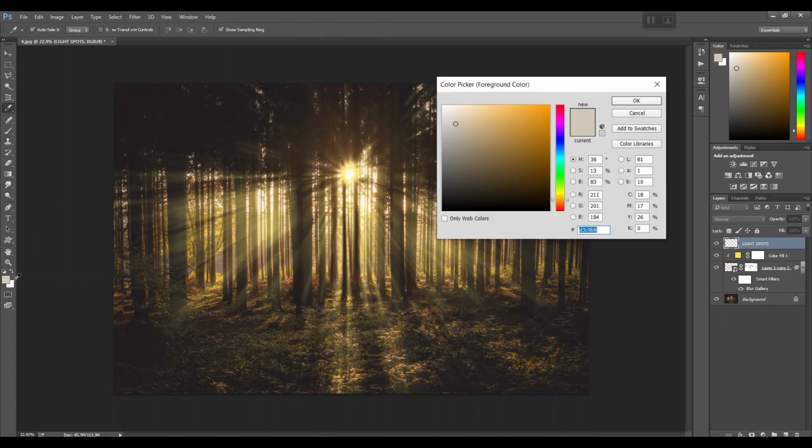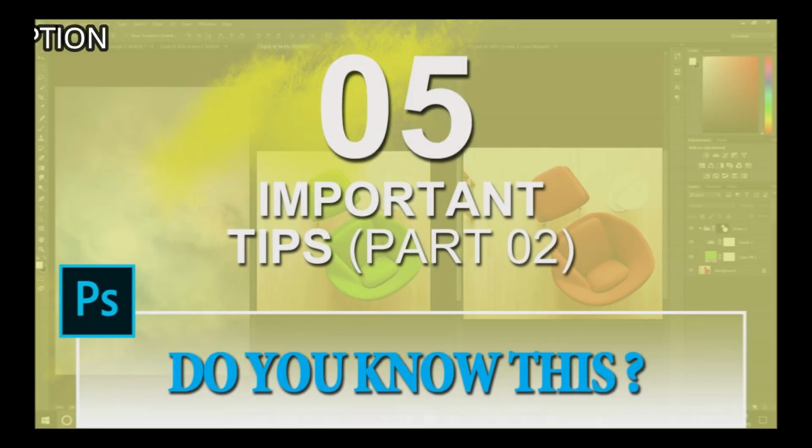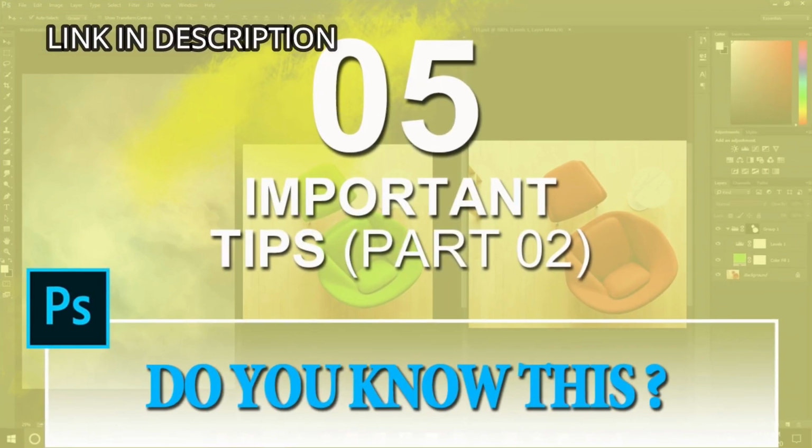First select the foreground color. Now with the help of the picker tool, drag your mouse from the image to the point from where you need to pick the color, as you can see. Because if we had done this directly, it won't pick that color. To know more in detail about this method, do go and check this video out. This will be very helpful to you.